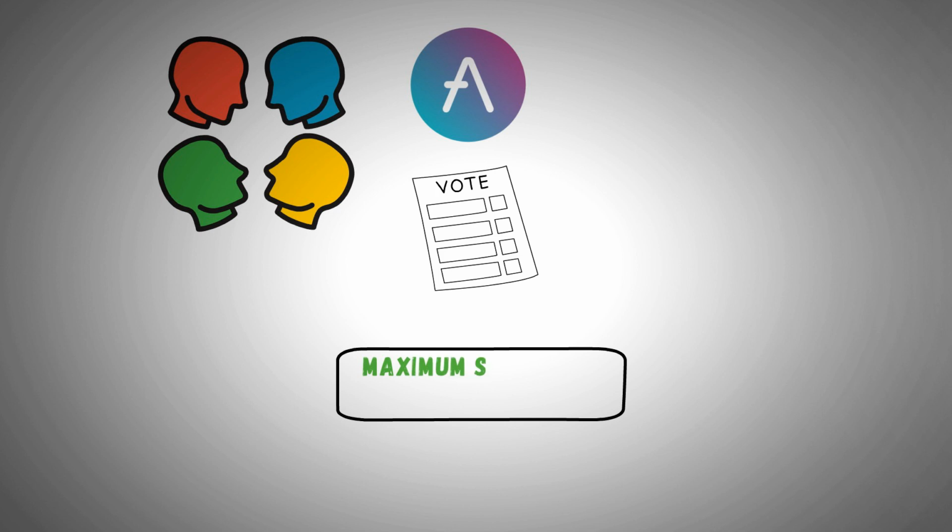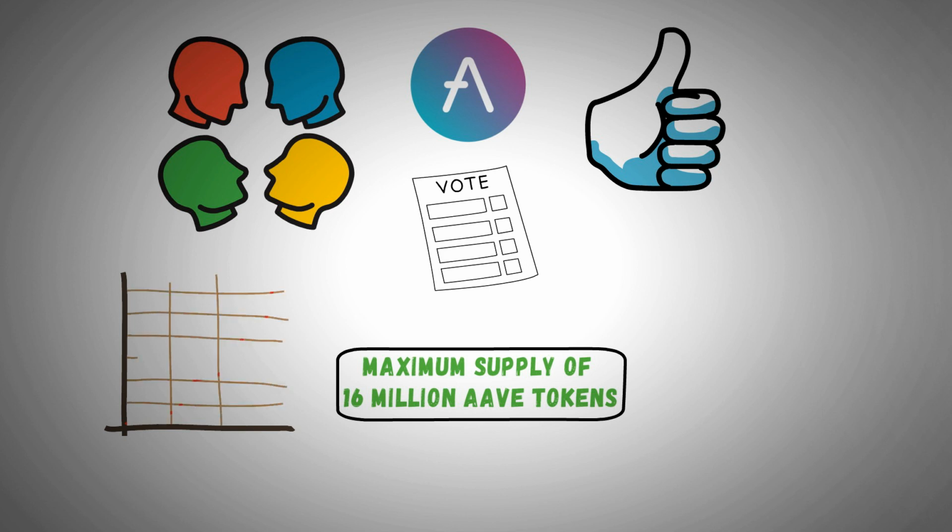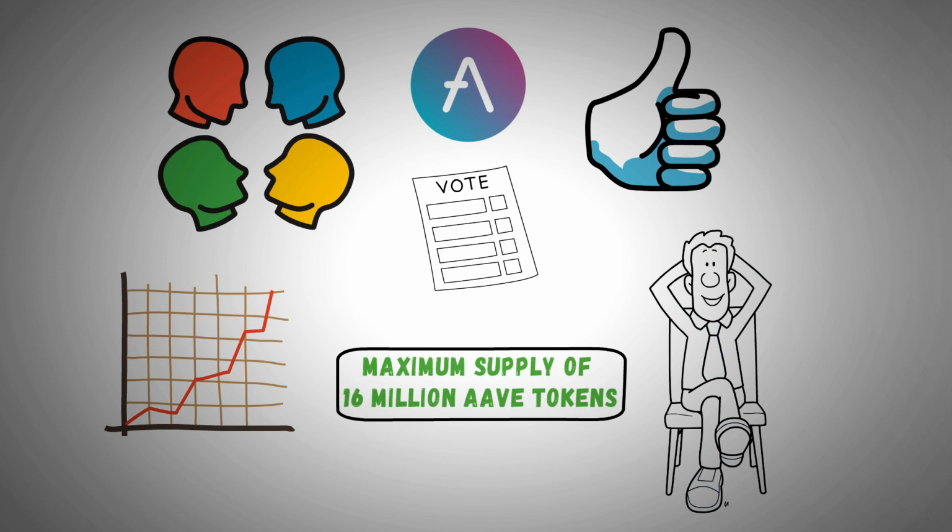There is a maximum supply of only 16 million Aave tokens. This is a good thing for any asset. With a limited supply, the price will increase with the rising demand. So how many Aave tokens do you need to retire in 10 years and live comfortably off of for the